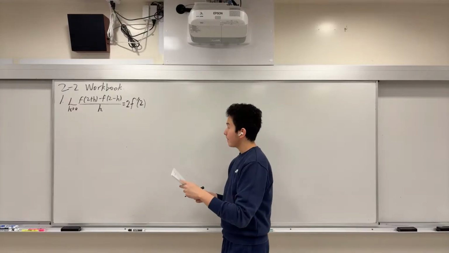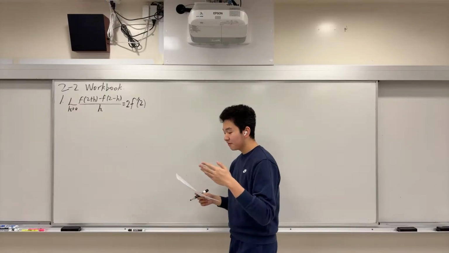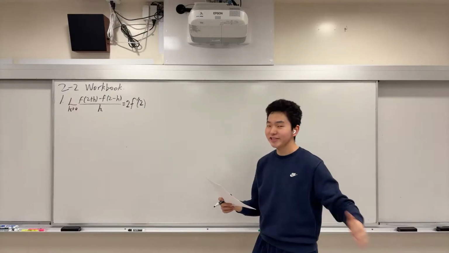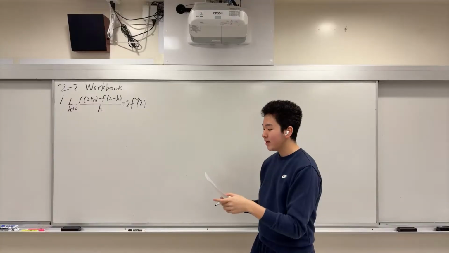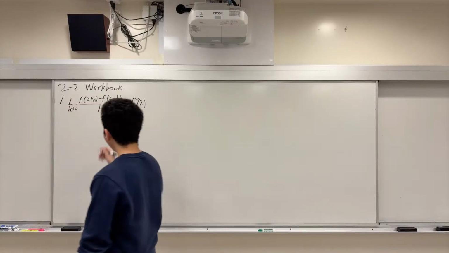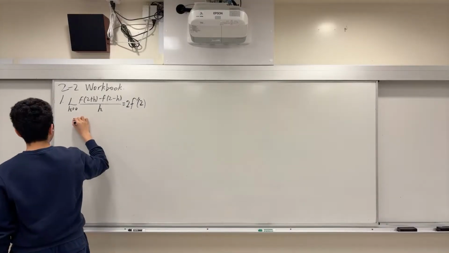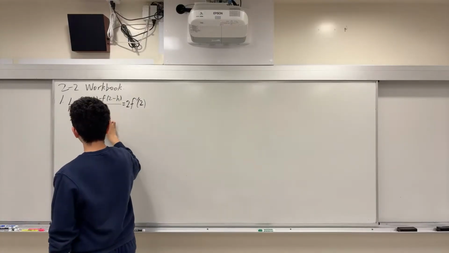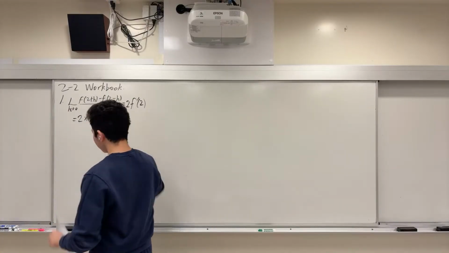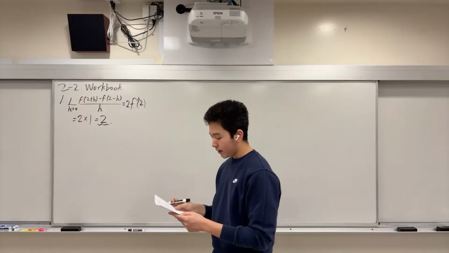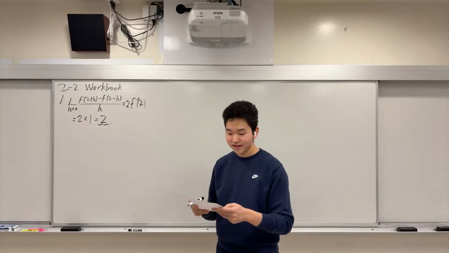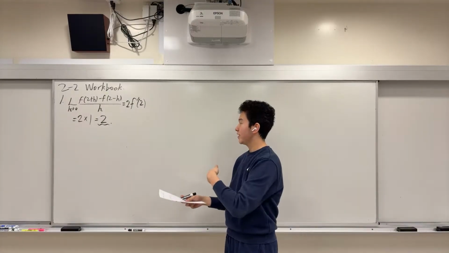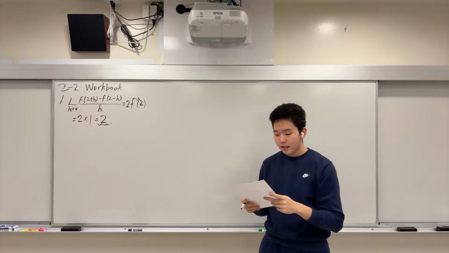Now, f prime of 2, it literally says that the curve is tangent to the line x plus 1, right? So x plus 1 has a slope of 1, which means that we can directly plug that in for f prime of 2, and we get the answer of 2. All right, so that's pretty easy enough. Just understand the situation and evaluate the limit. Number 2,